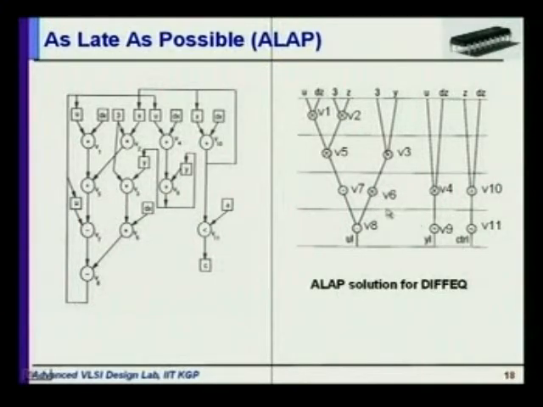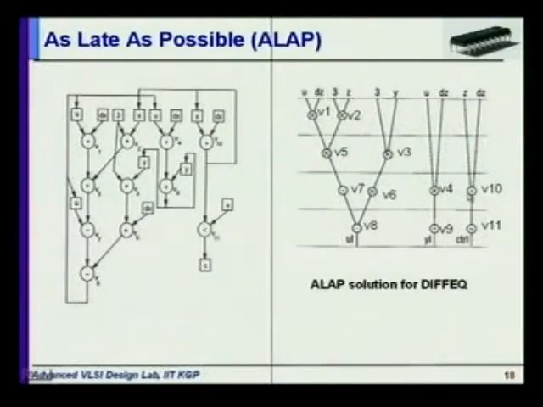For example, if your design constraint says that you have only one function unit that can perform either addition or subtraction, and you schedule this operation here, it's possible this operation can be scheduled here also. Then you can see that only one adder will be required and only one subtractor will be used. So one function unit can perform these 2 operations, but this solution is using 2 different function units to perform addition and subtraction. So it reduces your resource usage, but it does not optimize your resource usage. It's clear.